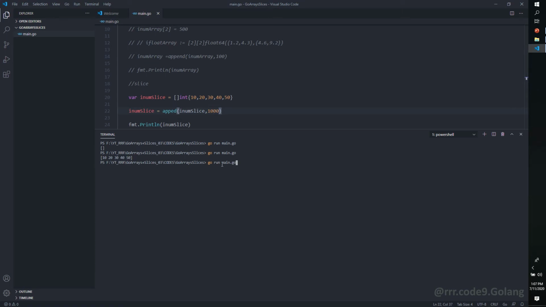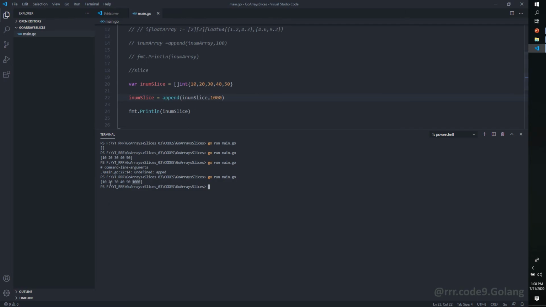Let's go ahead and run the code again and see whether it can be appended or not. Okay, I have misspelled this. So here you can see this 1000 is appended to the main inum slice.